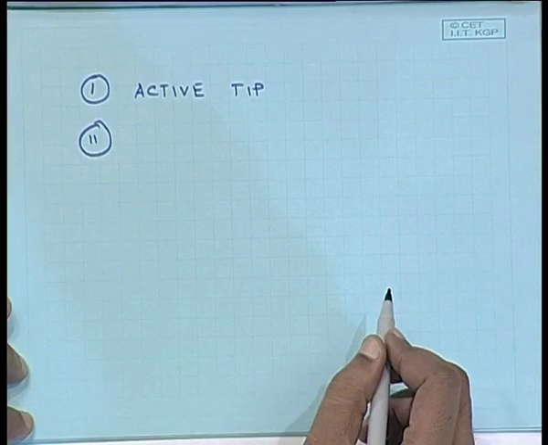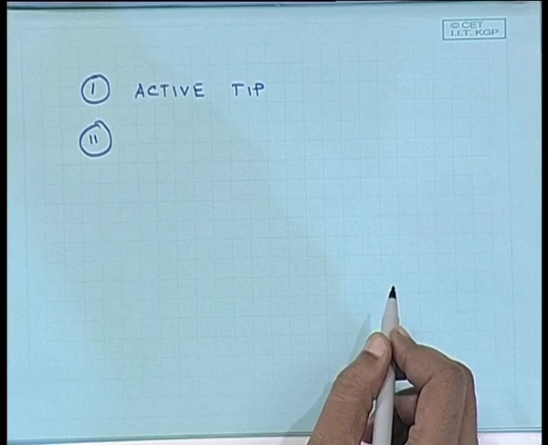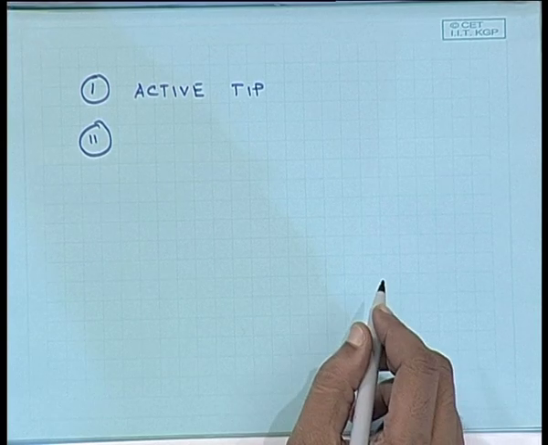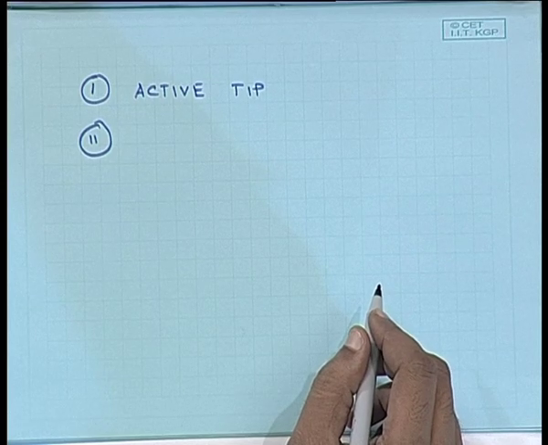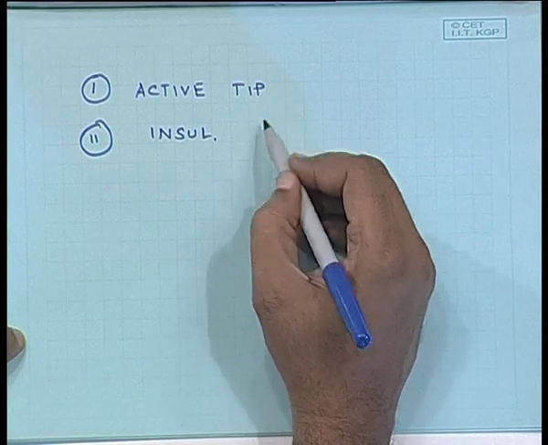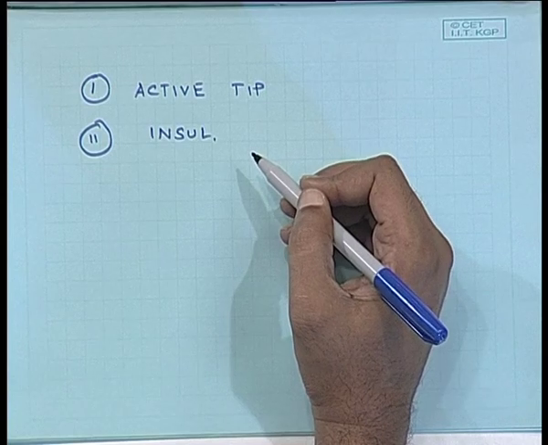Obviously, if there is a condition called active tip, what is the next condition? Inactive tip. Now, what can you say about an inactive tip? How do you make a tip inactive? You can insulate it. So, if the tip is insulated, though I do not know why you would want to insulate your tip, what would be the condition for that case? It is going to be dT/dx at x equal to L is equal to 0. So, the second would be the insulated tip. For each of these conditions you can solve the previous problem. I am not going into the solution, I am just telling you what the condition would be.